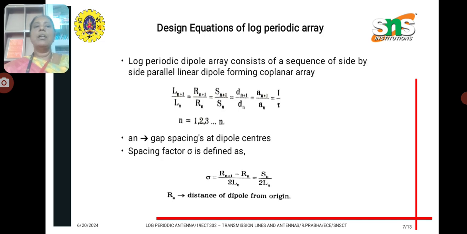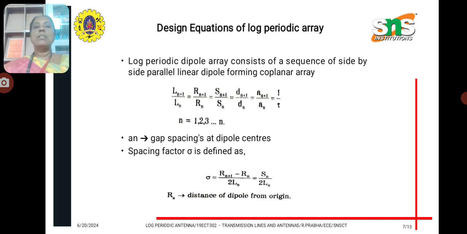So, the log periodic dipole array design equations: it consists of a sequence of side by side parallel linear dipoles forming a coplanar array. Its design equation is Ln plus 1 by Ln is equal to Rn plus 1 by Rn is equal to Sn plus 1 by Sn is equal to Dn plus 1 by Dn is equal to An plus 1 by An is equal to 1 by tau. So here n is the number of dipoles 1, 2, 3 up to n. So An is